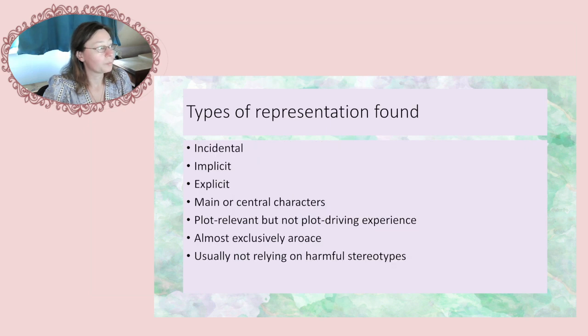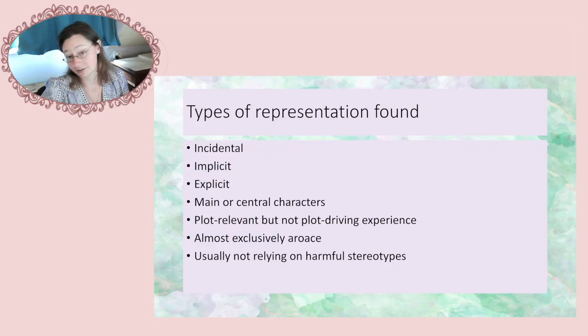So the types of representation that we find in these books tend to be incidental, implicit, or explicit. The characters tend to be main or central characters. Asexuality and aromanticism tend to be plot relevant, if not plot driving. There are a couple of exceptions to this. As I mentioned, they're almost exclusively aro ace depictions. And interestingly enough, they usually do not rely on harmful stereotypes. Your mileage may vary on that,